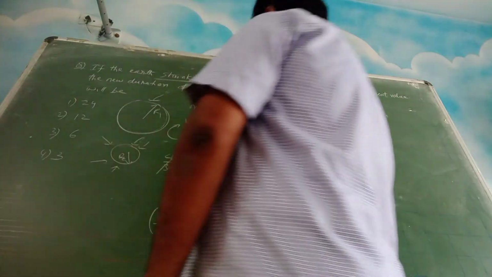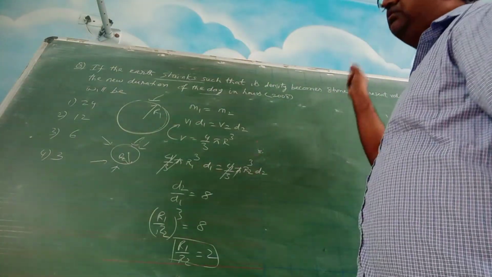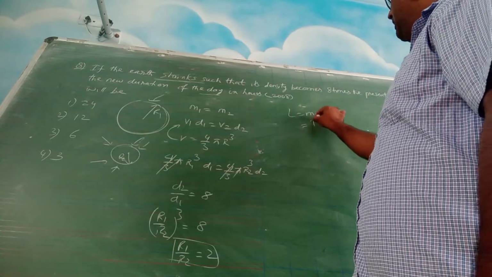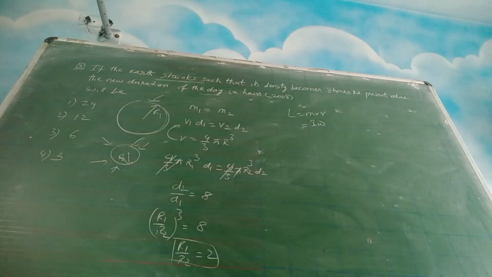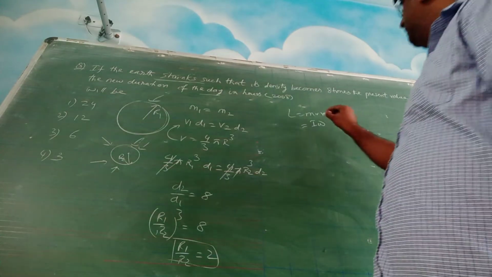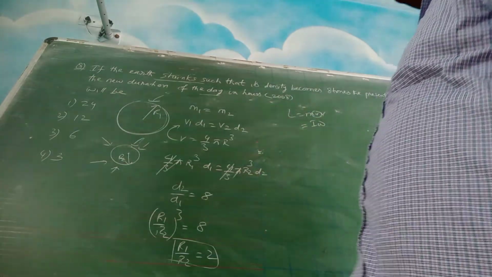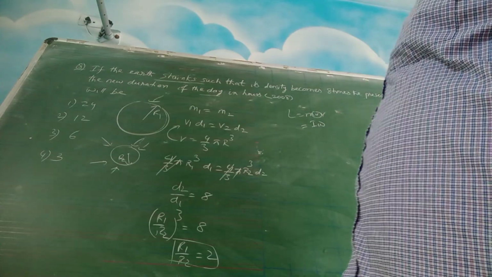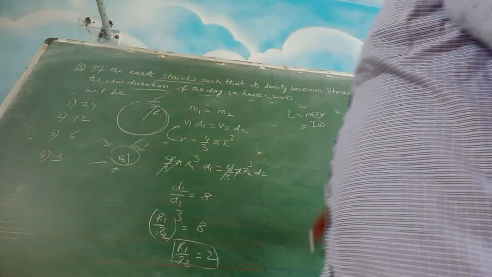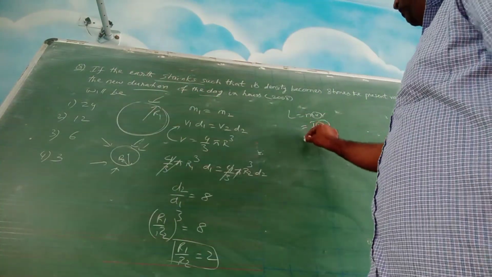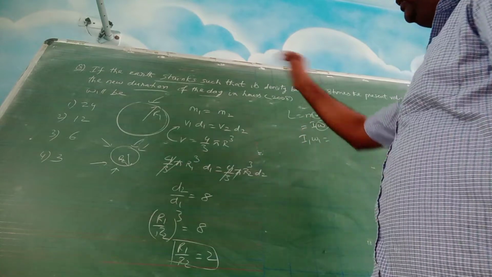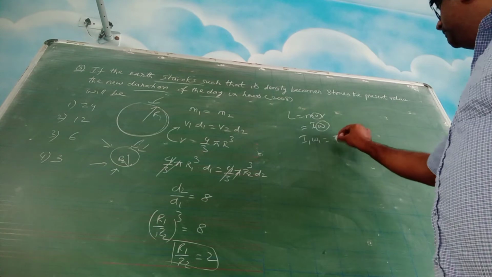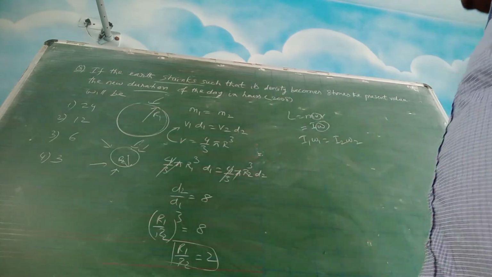So what is the angular momentum? What are the equations we can write? Angular momentum is mvr, one formula we know, I omega is there, right? So here velocity nothing has been provided. We are trying to find out the new duration, so we will involve this omega part. So we can write I1 omega 1, that is the initial one. This is as per the conservation of angular momentum, is equal to I2 omega 2.